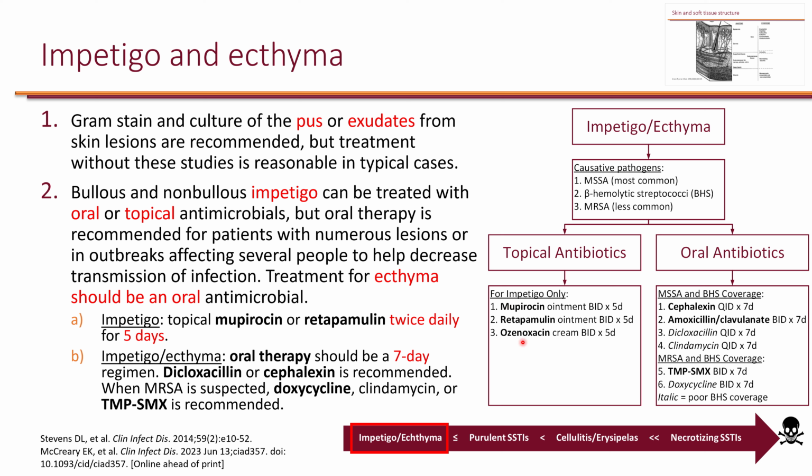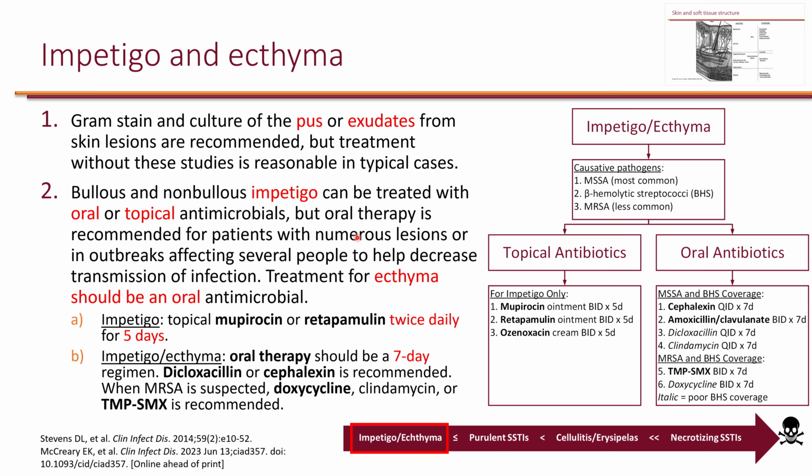So these are some ointments and creams that patients can apply to the area, and that's best because it goes to the site of infection and it doesn't cause collateral damage, for example, affecting the gut microbiome. Now, with both impetigo and ecthyma, because it goes to the dermis layer, oral antibiotics are recommended. And the way you choose between topical and oral for impetigo, essentially the number of lesions affected, and also if